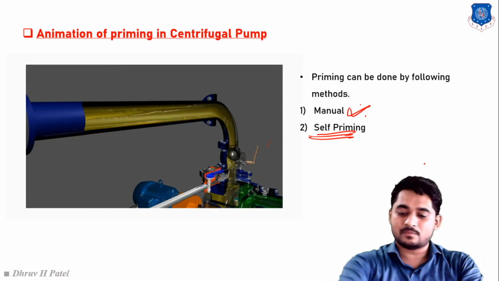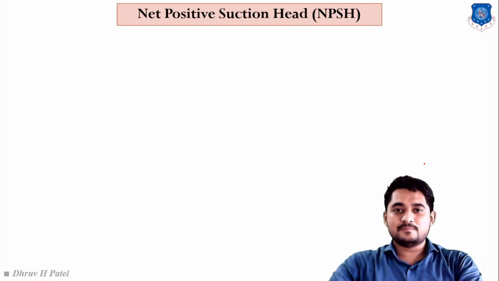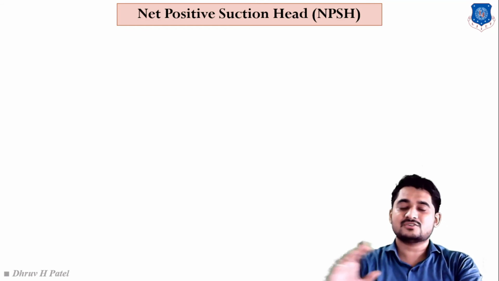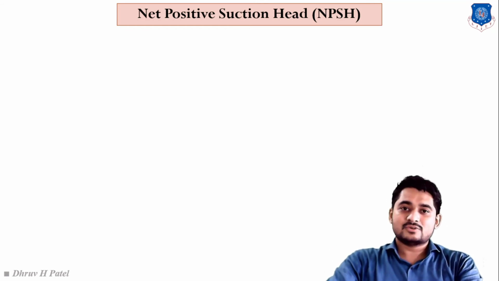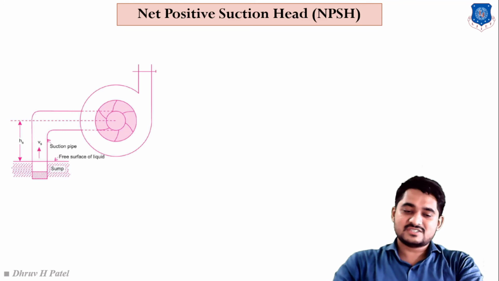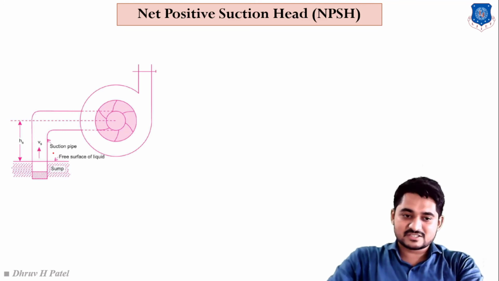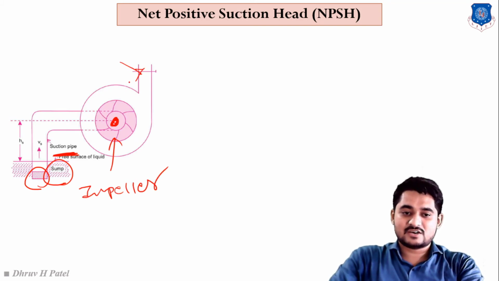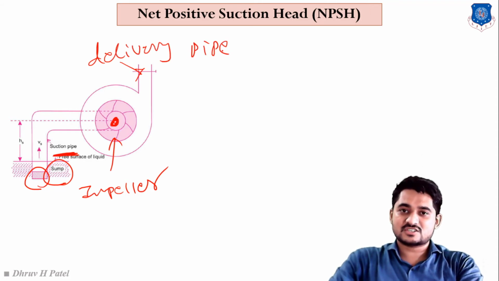Now the most important topic and last topic for this chapter, NPSH, that means net positive suction head. That is the minimum amount of head required for proper operation of any type of centrifugal pump, right? So let us derive the equation of NPSH and understand the basic concept of NPSH. First of all, this is a sketch of our centrifugal pump. Remember this side, this is a suction pipe, this is the sump level, this is the strainer, this is the center of the eye, this is known as the impeller, right? This is known as the impeller, and this outer side is known as the delivery pipe. Clear students? So this is the basic working and construction of the centrifugal pump.